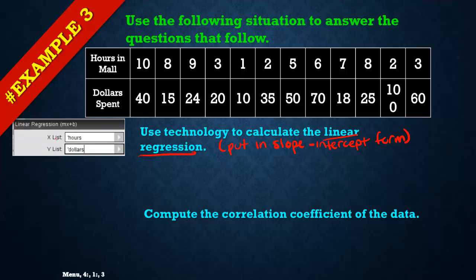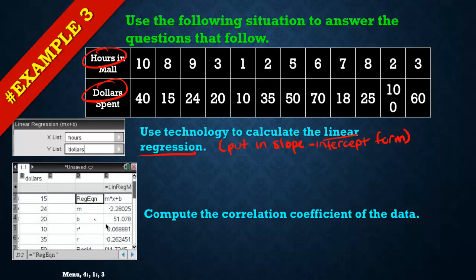So again, your X list should be hours. Your Y list should be dollars. When you put it in and click OK, here's your m, here's your b. That's what you're looking for. That negative 2.28 is your slope, and your b, your y-intercept, is 51.078. So we would say y equals negative 2.28025